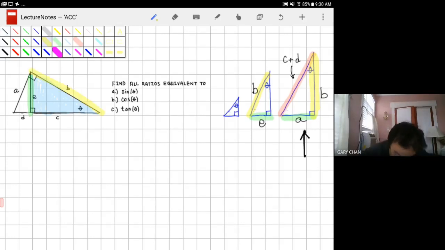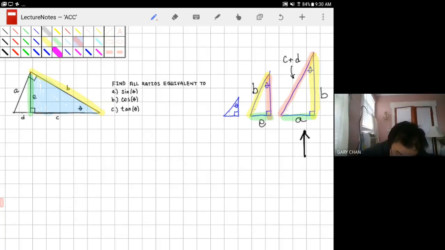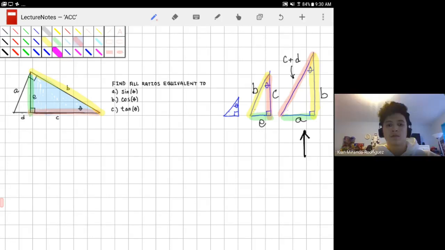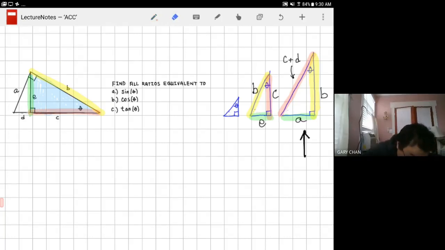And then the last side, Kelvin, can you tell me what that last side is going to be? The side here that I am highlighting in pink. What is that going to be? C. That is indeed C. That is good. So this is C, and that's this guy right here. All right, now that I have those two highlighted and figured out,